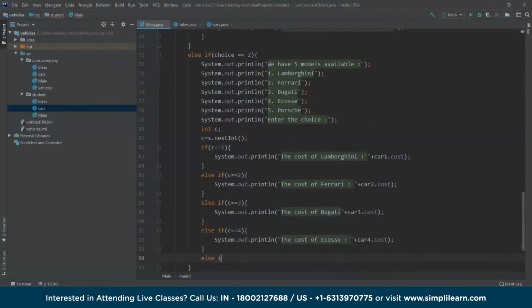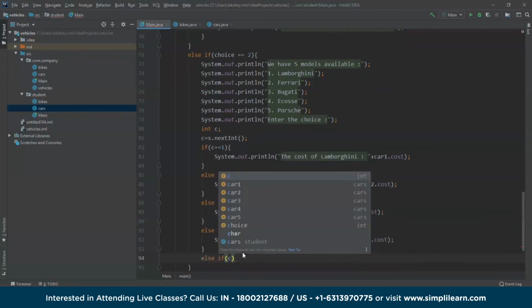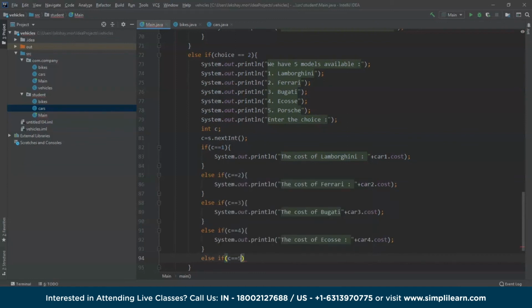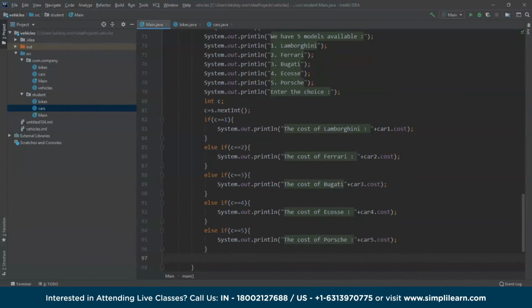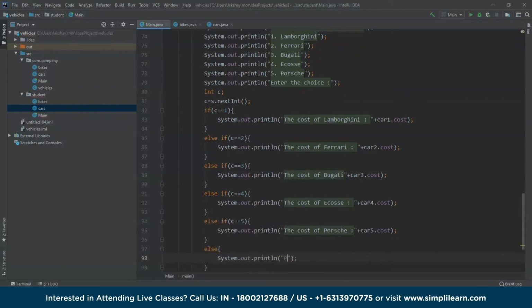And the last one, if user enters the choice as 5, then we have to display the cost of Porsche. Now what if the user enters none of the values from 1 to 5? Then we have to display a message showing that please enter the value